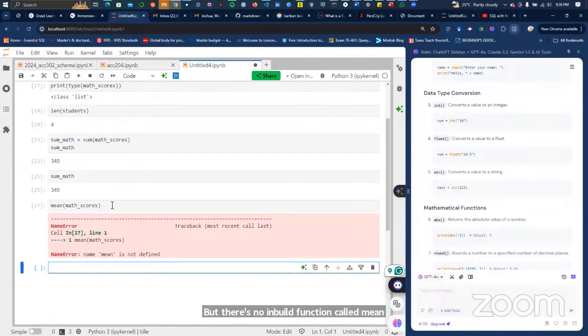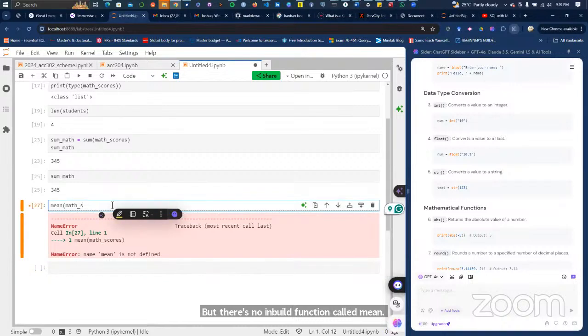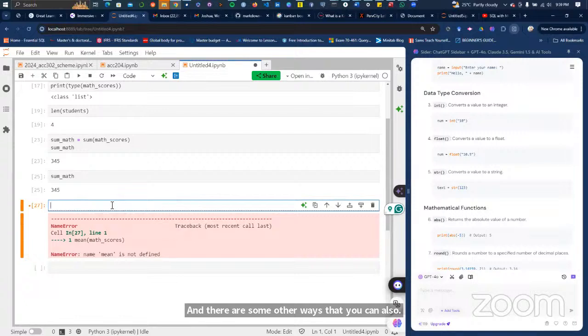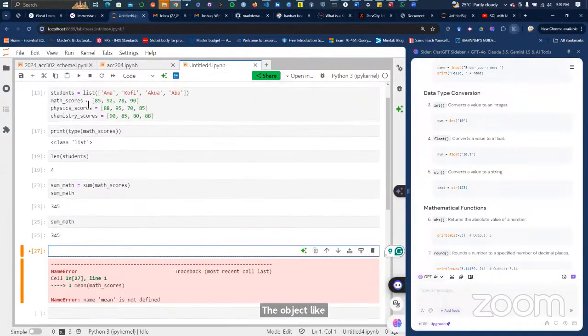And there are some other ways that you can also work things out. For example, this way I did it, for example, sum into bracket math score. We are just using that sum, and then we are passing the objects into the sum function. There's another structure where the object like this, what do we call it? Math scores objects, this list objects.